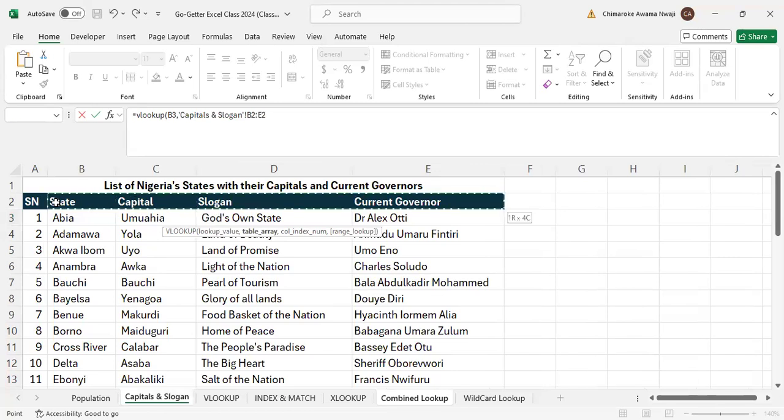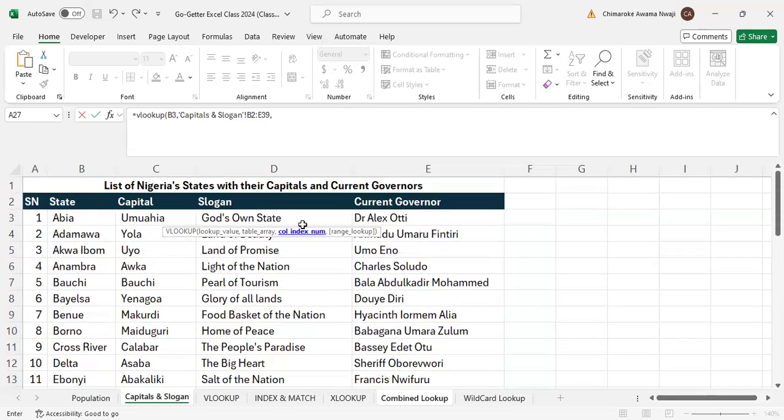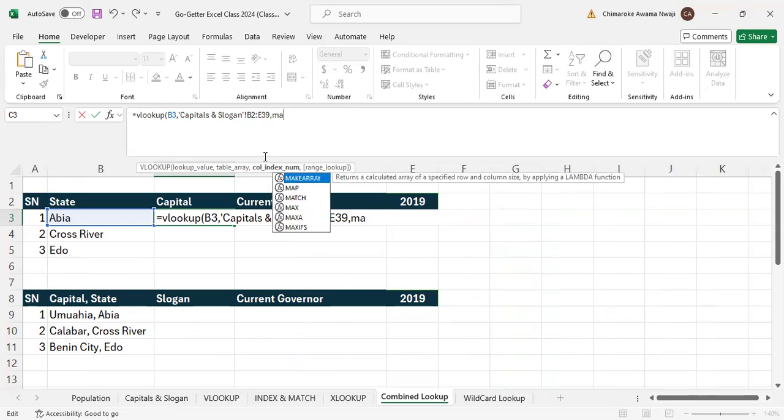And Abia, and this state should be the leftmost part. Comma, what is your column index number? Your column index number is going to be taken from the match function which we learned. Match function, the match function,